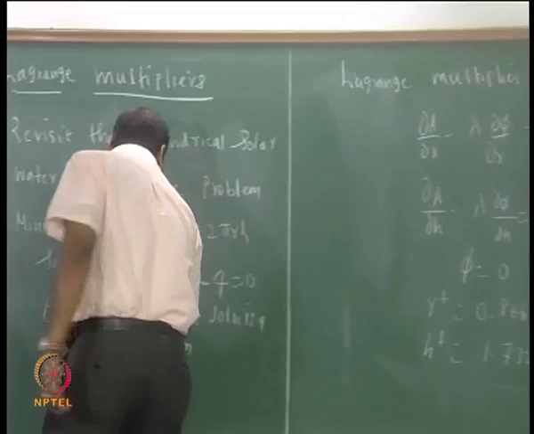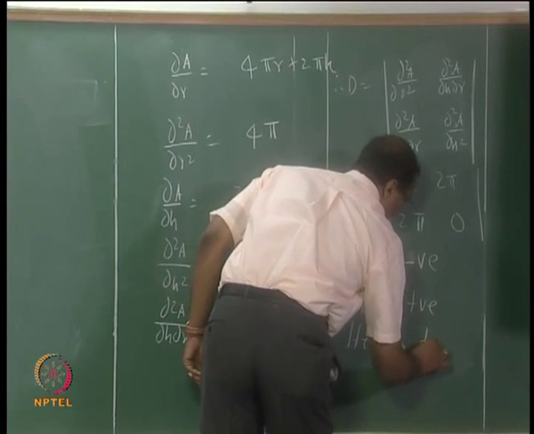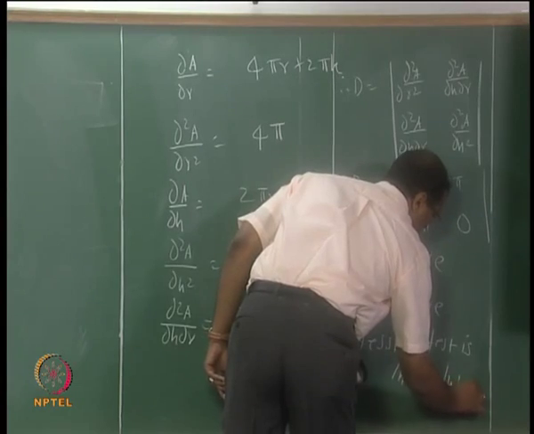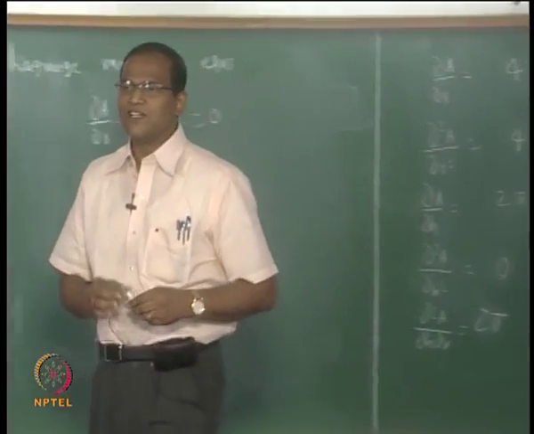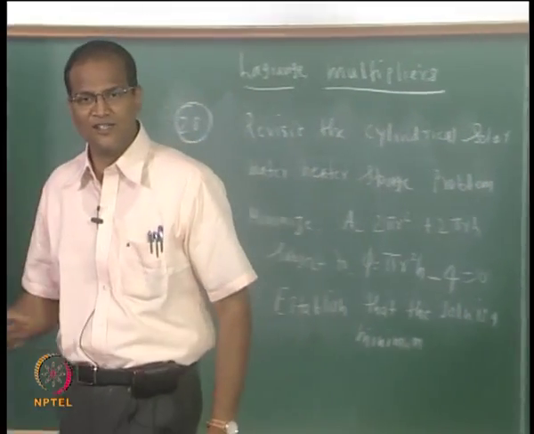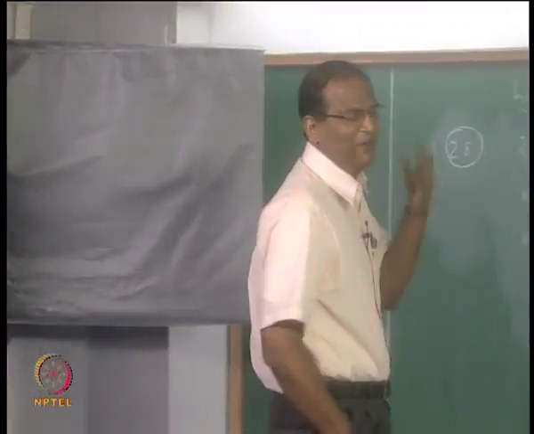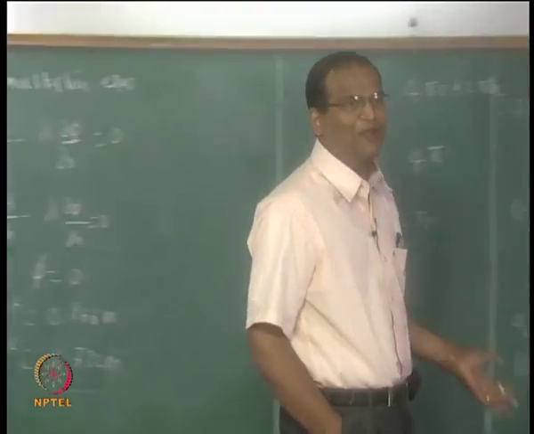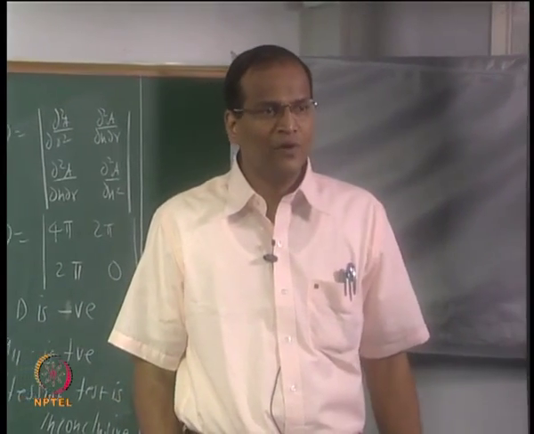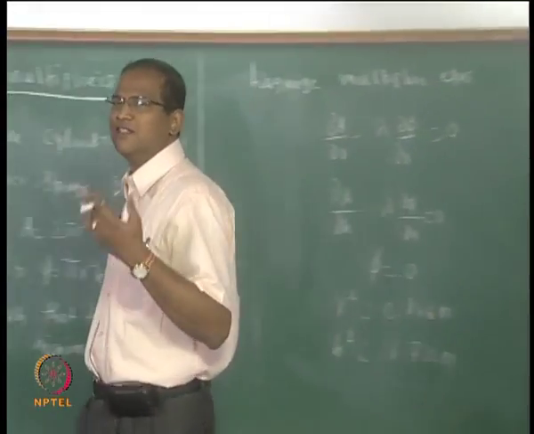However, if you convert it to a single variable problem, we establish that this is indeed a minimum. Or you can exhaustively search, do all combinations of R and H, write a computer program, and even with a precision of 10 to the power of minus 5, you will still not get something with an area less than this. So we should not get carried away by the Hessian test. Sometimes what common sense tells you, the Hessian may not tell.